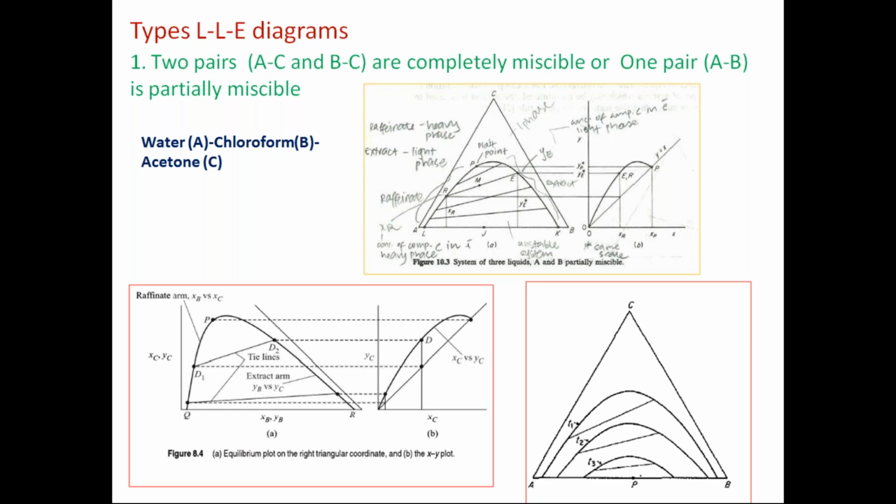If the temperature increases, the solubility of the solute in the liquid phase increases. So A solubility in B as well as C solubility in the mixture increases, then the binodal curve area decreases. This is the lowest temperature you find like this, and at the highest temperature,